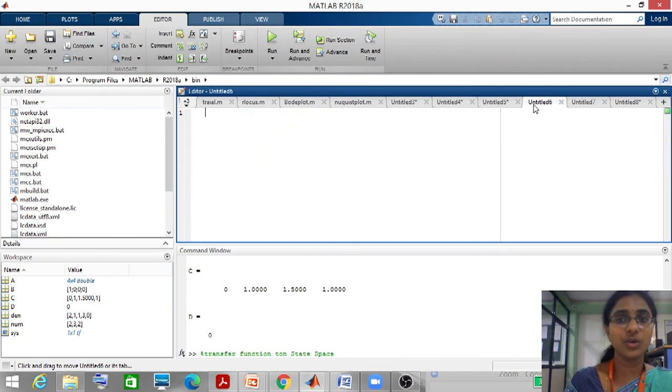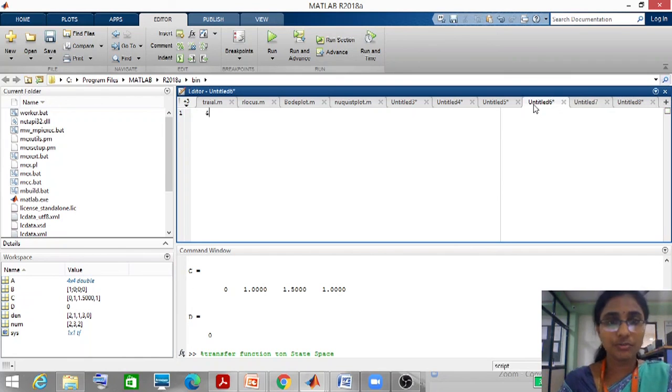Next we are going to see another program, state space to transfer function.